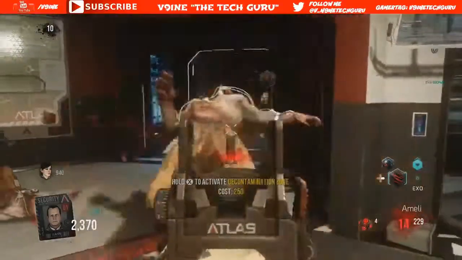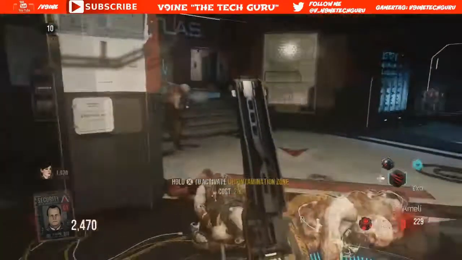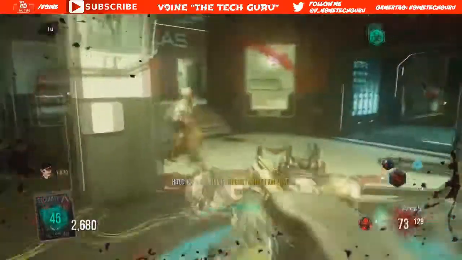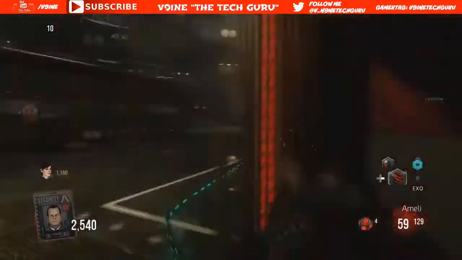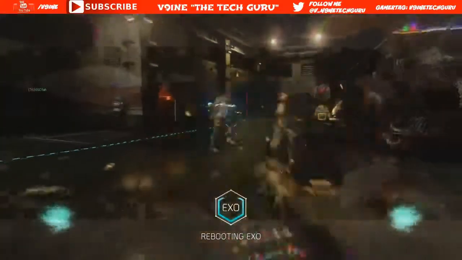But what we usually do, and it makes it a little bit easier, as you guys can see on my score streaks, I have a camouflage. Once you get infected, you can hit your camouflage while you're infected, and the zombies won't even mess with you. And so you're free to pretty much do whatever you want. That's why I said earlier in the video, it's always a good idea to do that part while you have a camouflage. So the moment you get infected, hit that camouflage, and you can just take your time